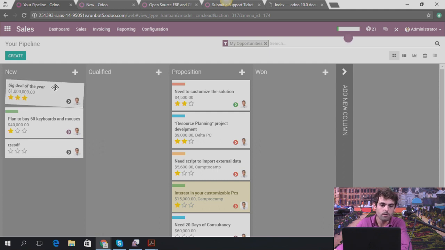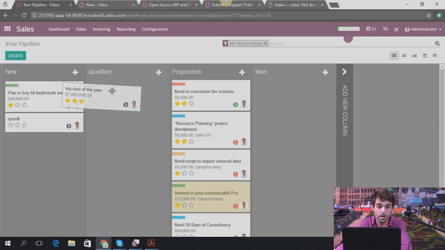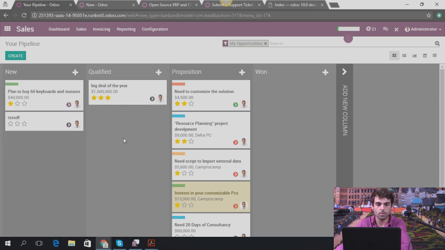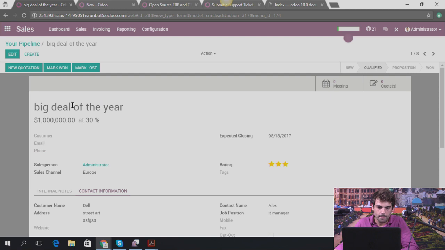I can move my opportunity simply by a drag and drop to the stage qualified. So now you can see that the opportunity is not a new one anymore, but a qualified one. The probability has also increased by 20%, and